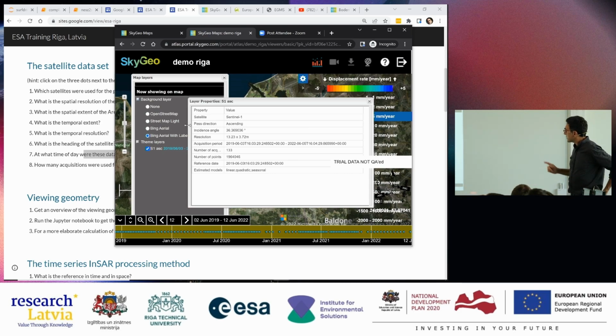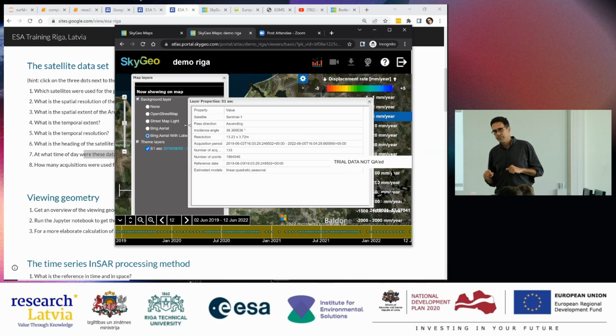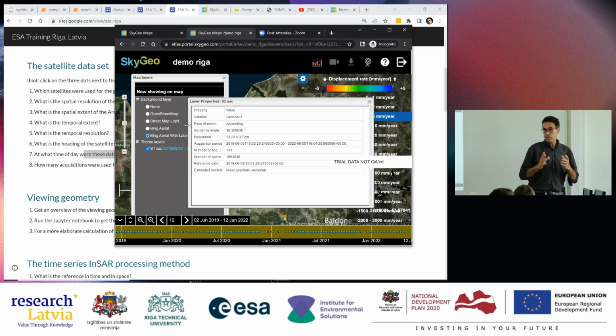That has an impact. So the descending orbits are in the morning, here I think maybe at 7 o'clock in the morning. The main difference between morning and afternoon acquisitions is that the problems that we have with the atmosphere are different. In the morning, we are coming from the night. In the night, the atmosphere is quiet. There is no sun, so it's very quiet. Then during the day, the sun is warming up the surface. There will be convection, there is turbulent mixing of water vapor. And that means that the ascending images are usually a little bit worse in terms of atmospheric disturbance.